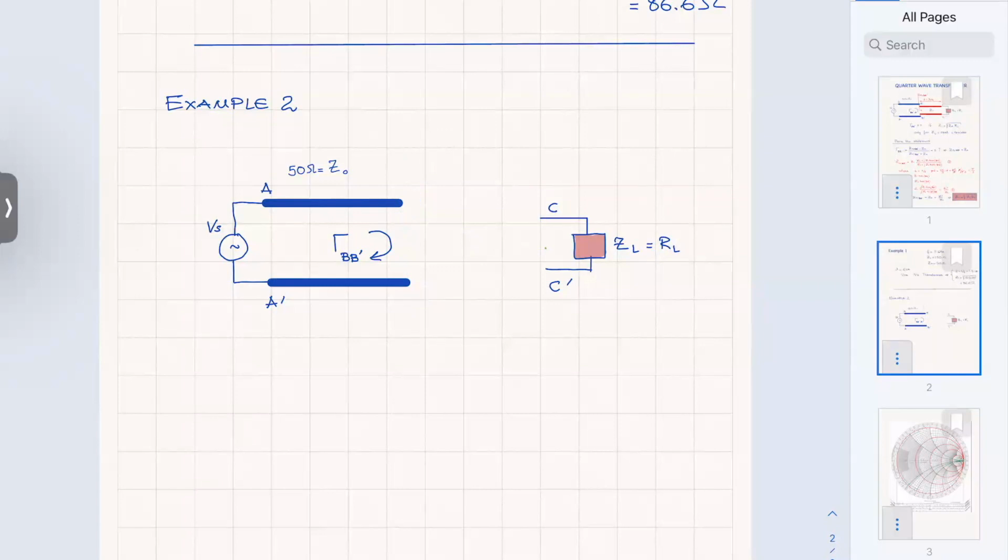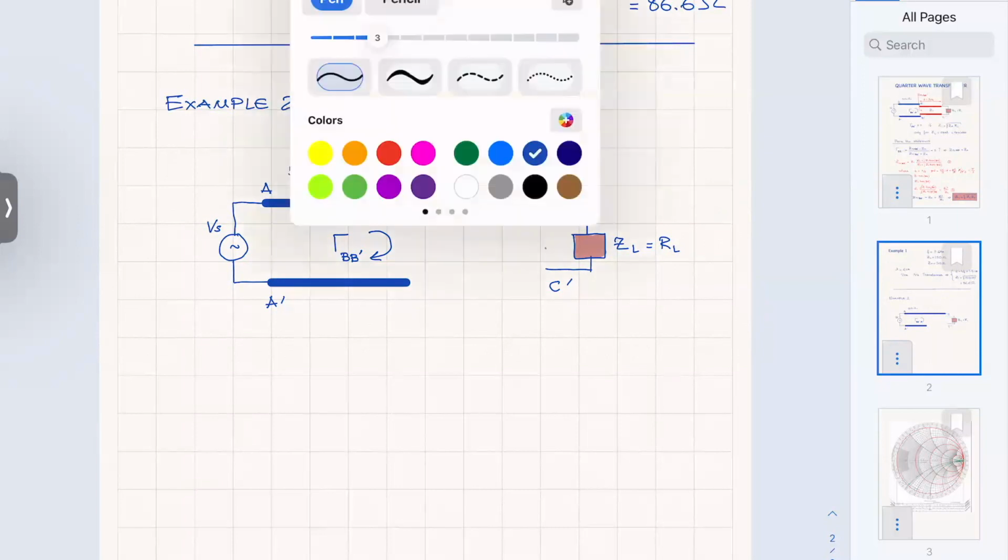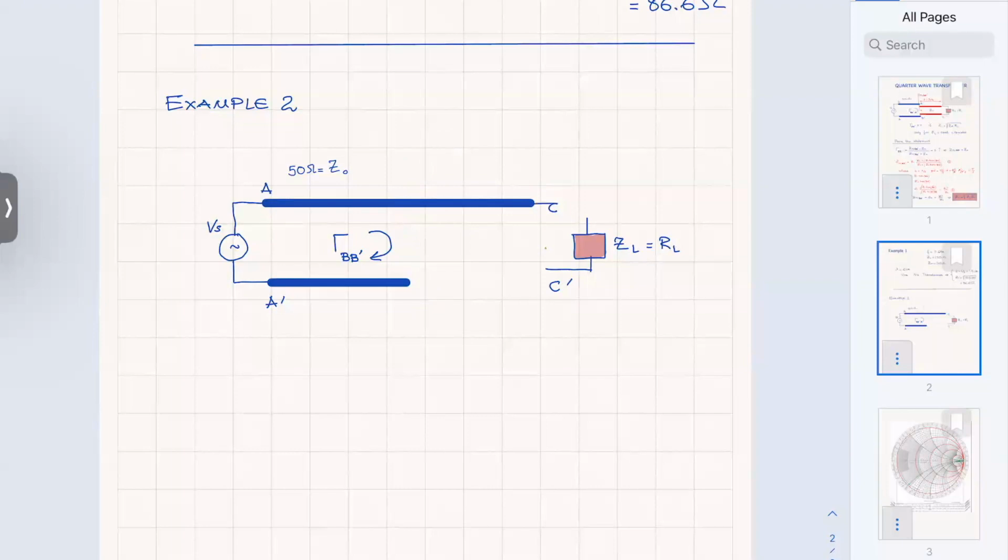And now I have this line that connects to the load. All right, and then